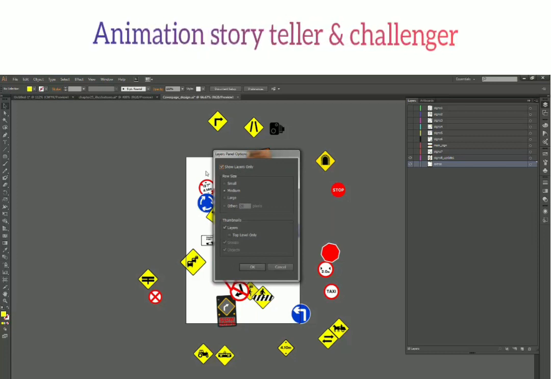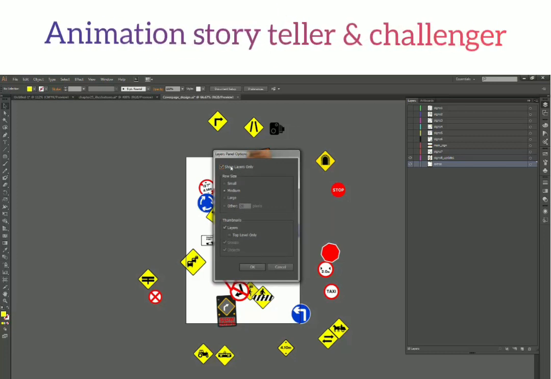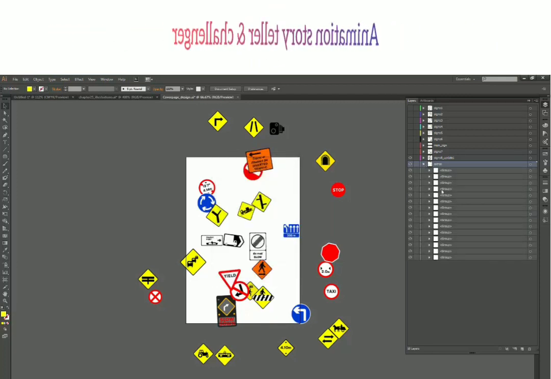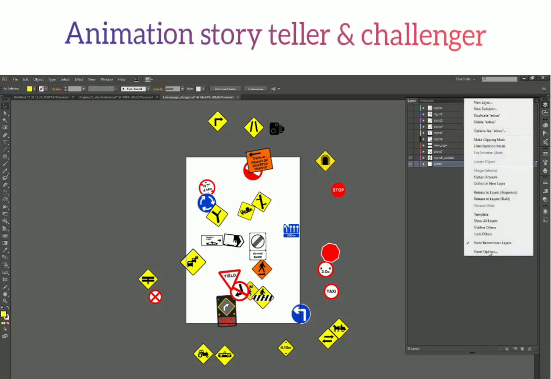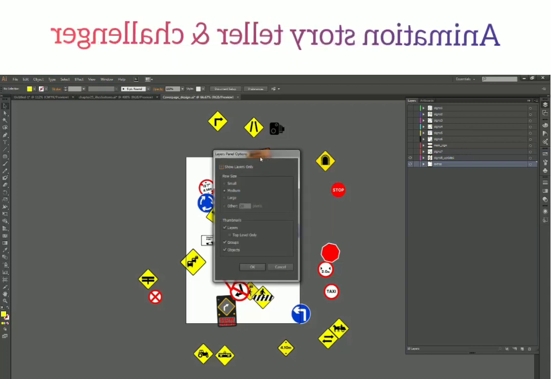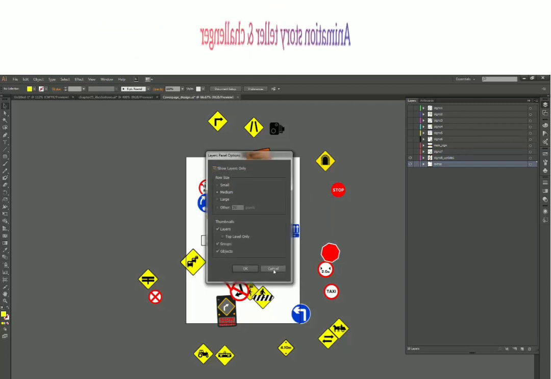Now it is not showing any groups, compound paths, or shapes. When we uncheck it and press OK, we have all the shapes and groups available. I mean, it was still available, but it was just not showing in the layers. So it all depends on you. If you want to keep it clean, you can check this. But if you want to have all your information in the layer panel, then just uncheck it.